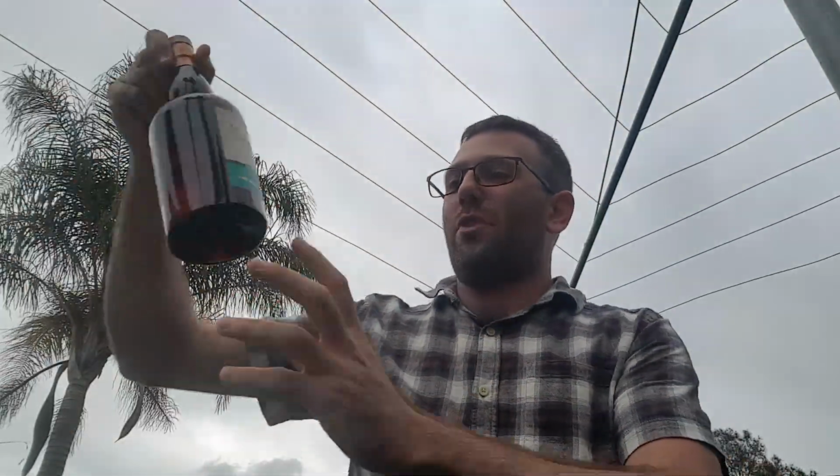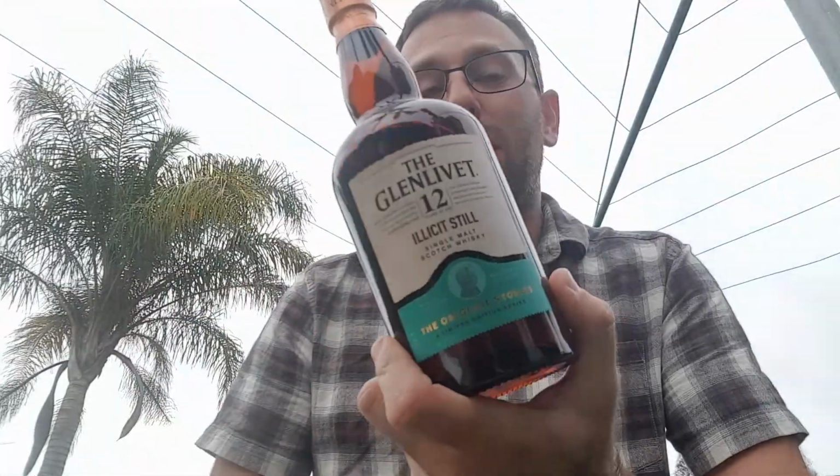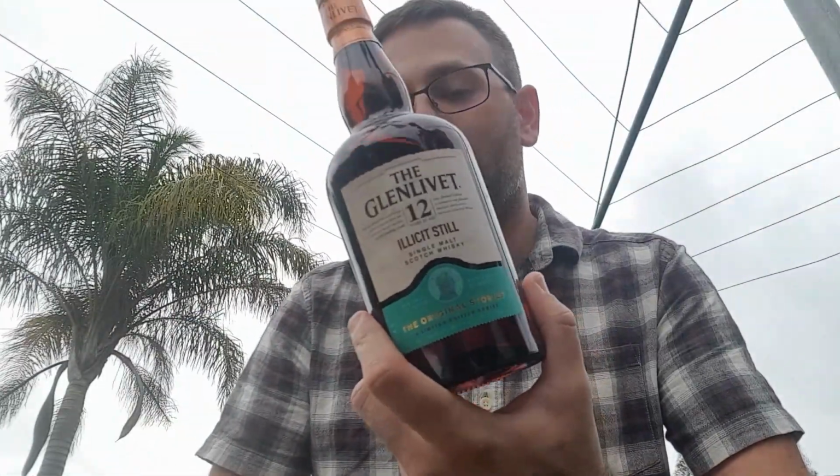There is not, and I don't really mean to make this come across in a bad way, there is just nothing amazing about this whiskey. Unfortunately, I personally feel that as my journey has progressed, the flavor profile of this starts to become a little bit boring. But having said that though, there is hope, because this thing right here, the Glenlivet 12-year-old illicit still,